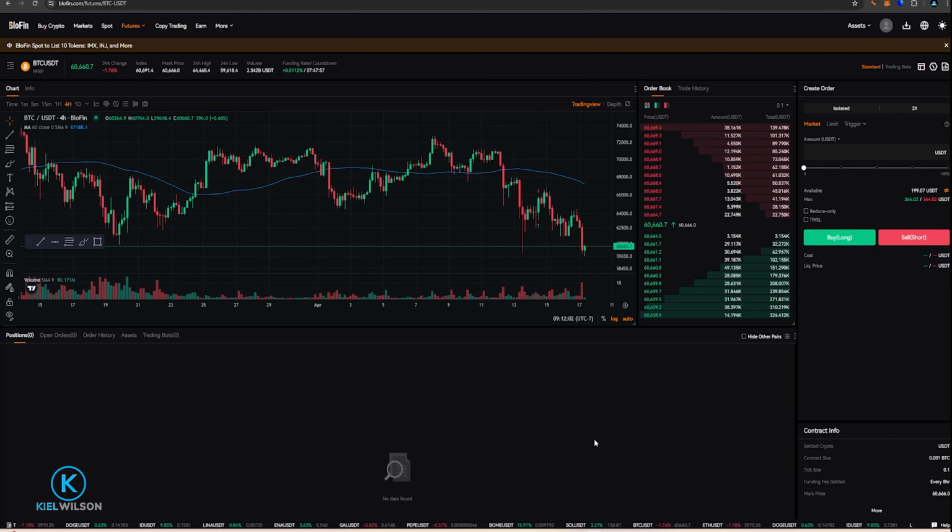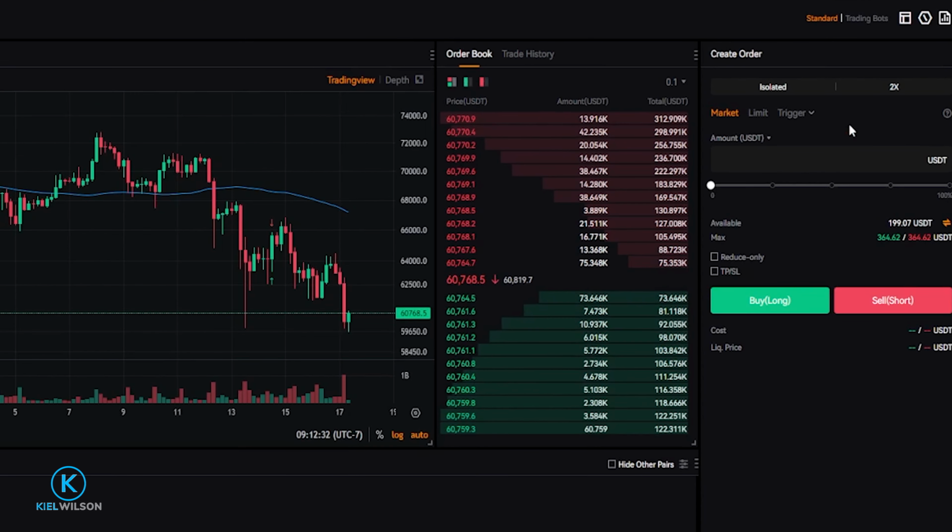Now I'll demonstrate a limit order. And limit orders give you the ability to choose a price point that you wish to open a long position or a price point that you wish to open a short position. But you do need the price of the asset to reach your order price before this order will fill and execute into a position. To get this done, we'll head up here to the order panel